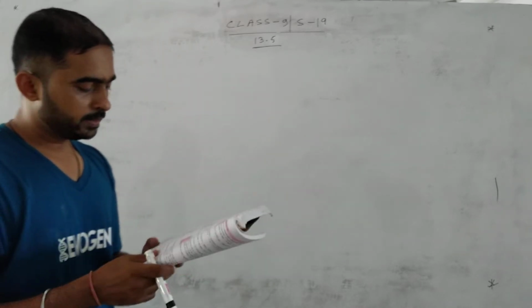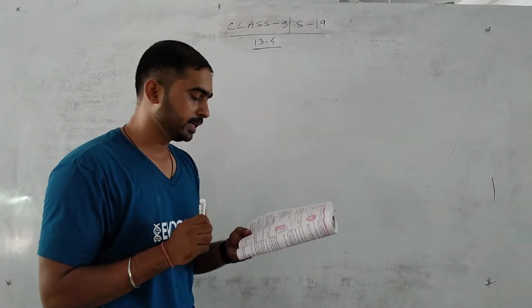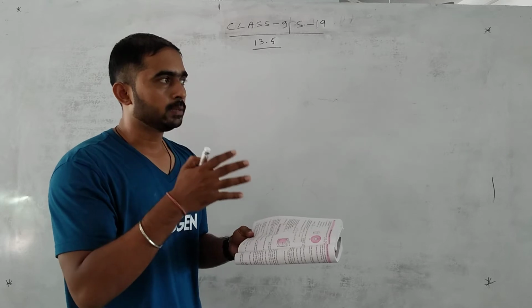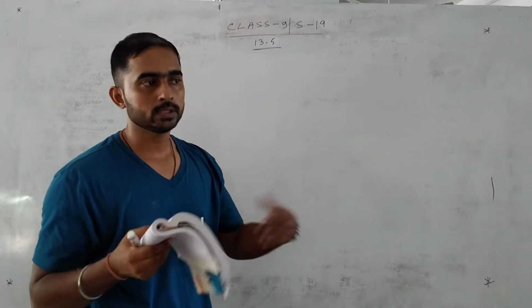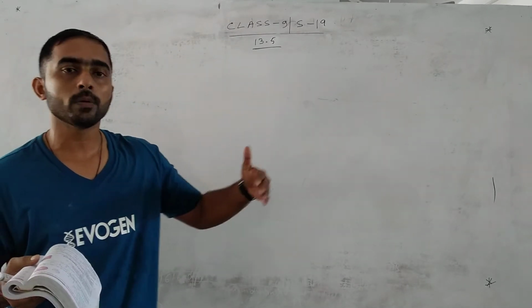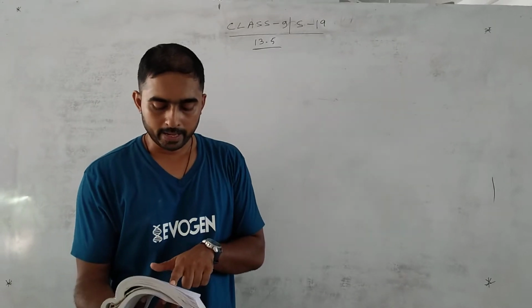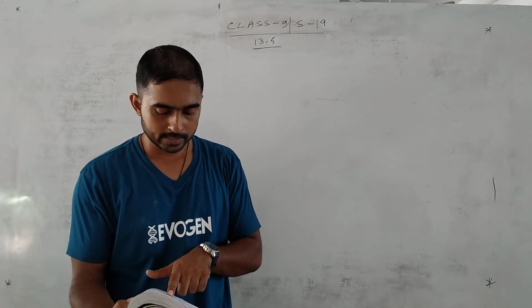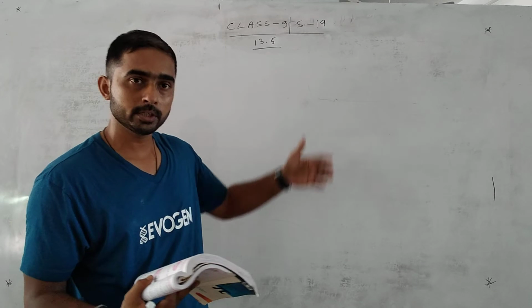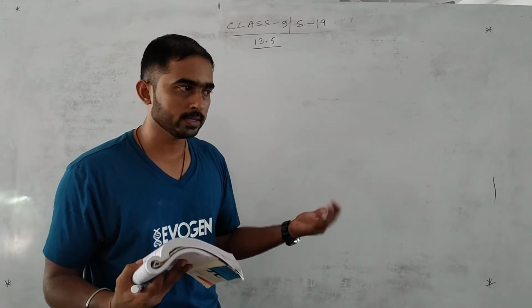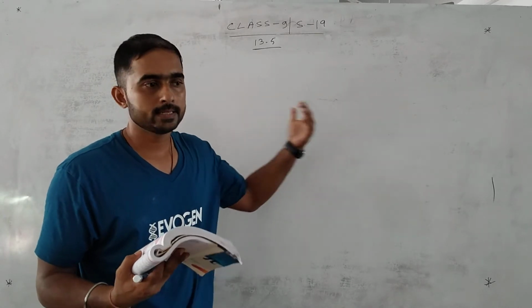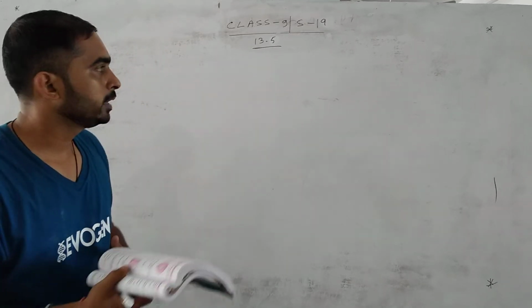Now see here what is given. A matchbox measures 4 cm × 2.5 cm × 1.5 cm. Whenever dimensions are given in the form of something into something into something, the first one represents L, the second represents B, and the third represents H. Means they are in the form of LBH. So here L means 4 cm, B means 2.5 cm, and H means 1.5 cm, which is not directly mentioned. In case of a cuboid, if they are given in the multiplication form, then the first one represents L, the second B, and the third H.